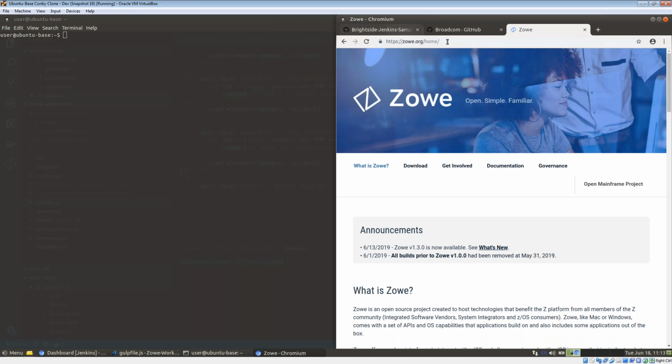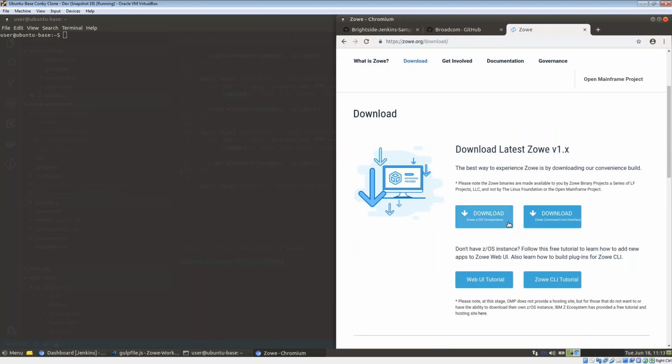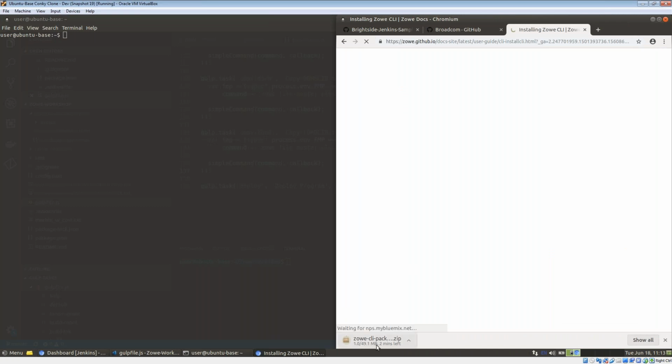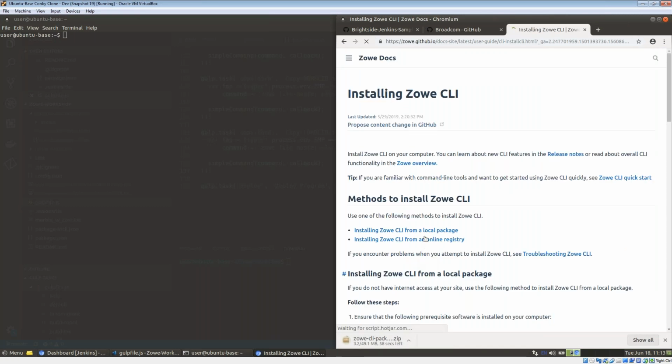If you're interested in downloading the CLI, it's as simple as clicking the download button to try it out, downloading the command line interface, agreeing to the end license agreement, and then it downloads the package locally. There's also a means to install from an online registry as well. But again, for a central reference point, Zowe.org is a great place for information. So I've installed from here,